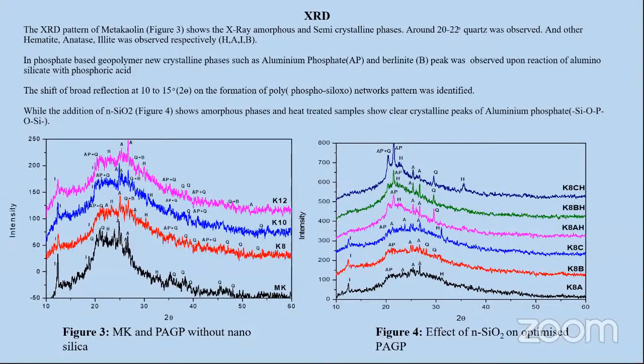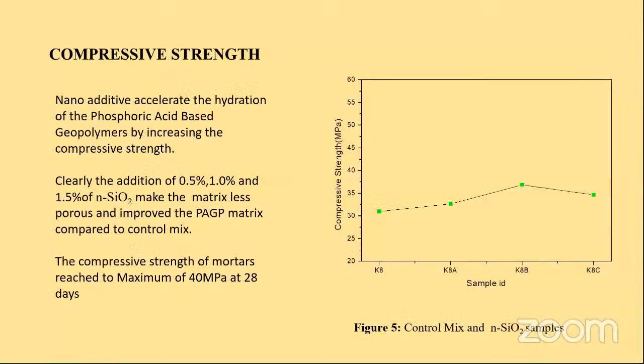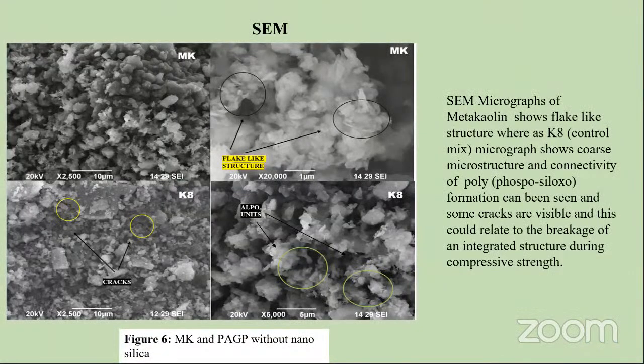In phosphate-based geopolymer, a new phase, aluminum phosphate, berlinite, was formed. And while heating, there is a crystalline peak of aluminum phosphate clearly shown above 800 degrees Celsius. So there is a clear change in compressive strength, where the control mix had less compressive strength, and with nano additive it has increased gradually. The SEM image of metakaolin shows a flake-like structure, and a microstructure with connectivity of polyphosphosiloxo formation can be seen in the K8 samples, and this could be related to the